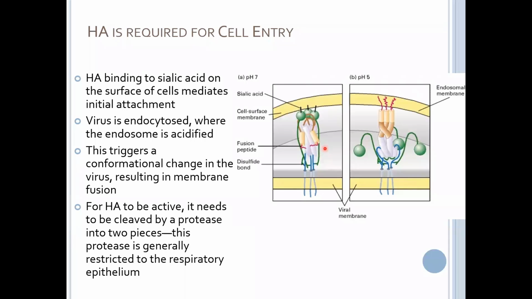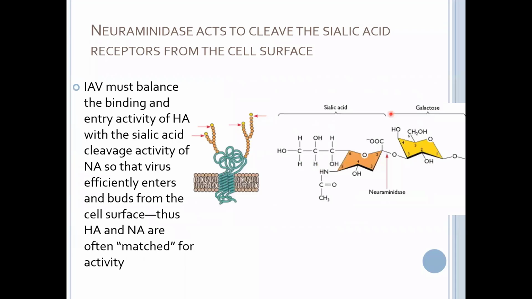Flu can infect virtually any cell in your body. It's just that the new progeny virions are no longer infectious because they can't be modified to make that HA function correctly. In ducks, that enzyme is present in the gut, and so in ducks, the virus is often a digestive disease. As I mentioned, neuraminidase acts on the other end of the viral life cycle to cleave the sialic